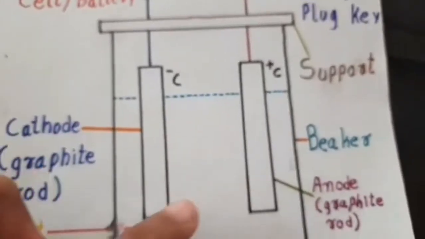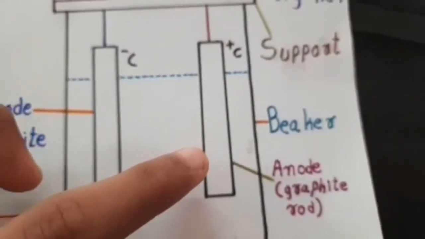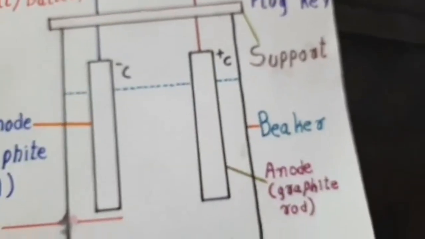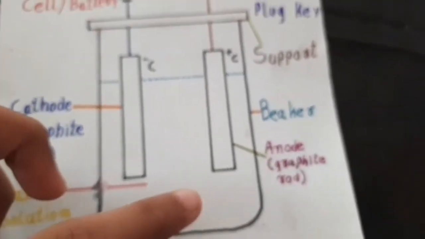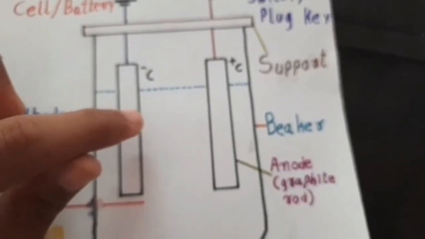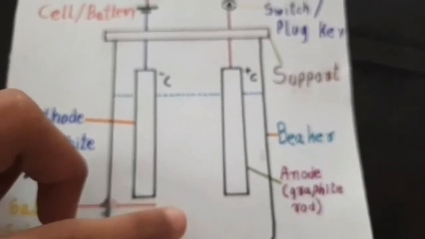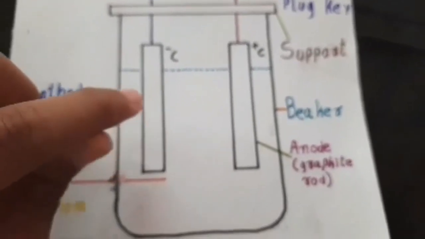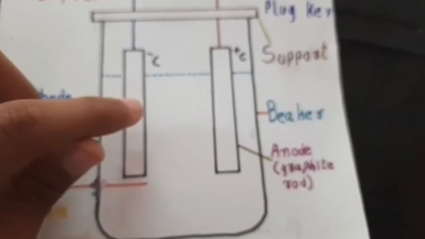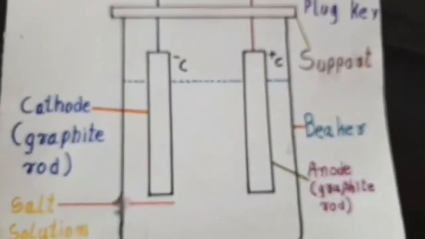So the chlorine moves towards the anode and becomes chlorine gas. These are the bubbles formed at the anode, but the sodium ion moves towards the cathode. There it reacts with the water to form sodium hydroxide, a base, and hydrogen gas. And that hydrogen gas is the gas at the cathode. This was the electrolysis of sodium chloride.